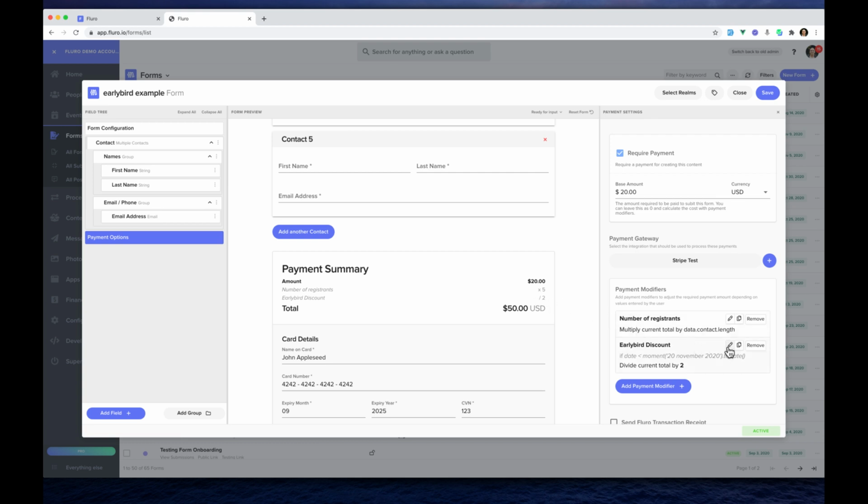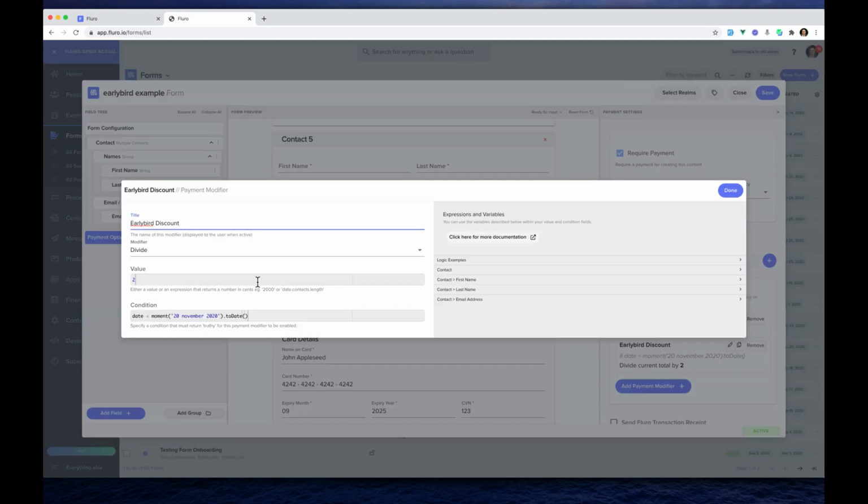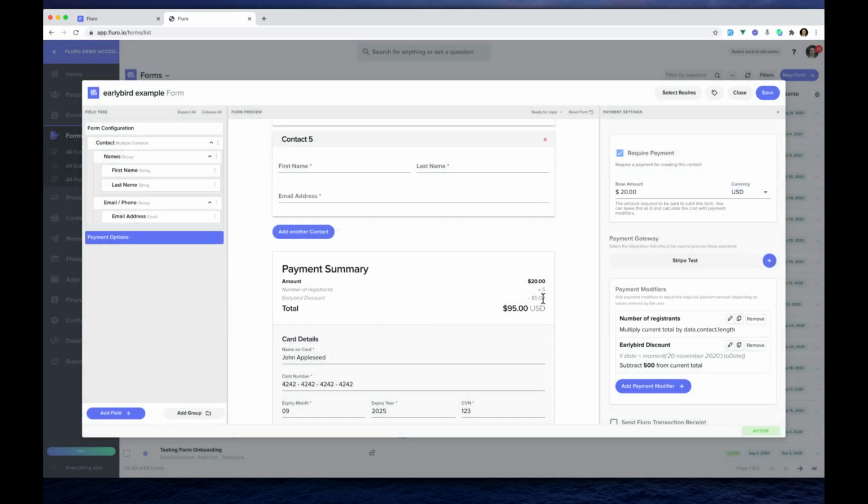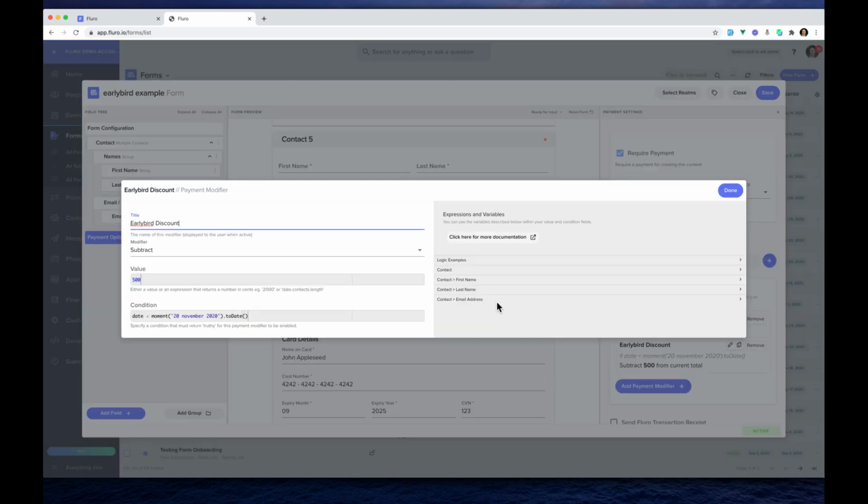And if we click Edit again on here, instead of divide by 2 and make it half price, I'm actually going to subtract, I'm going to say we're going to subtract 500 cents. So basically we take away $5, which means that we've got $20 times 5, which is 100, take 5, makes it $95. And if I click Edit on this, I actually want to take $5 off for the number of